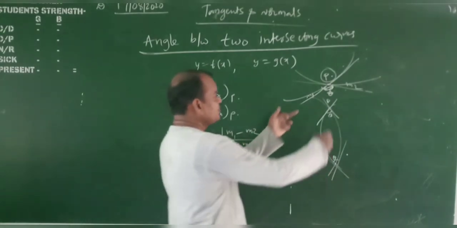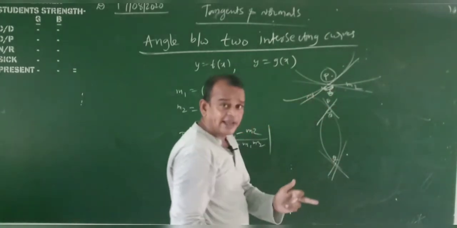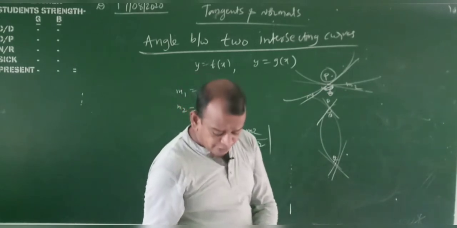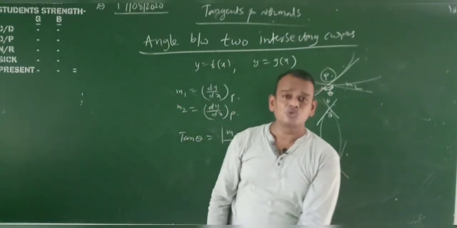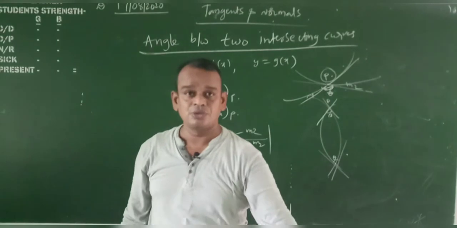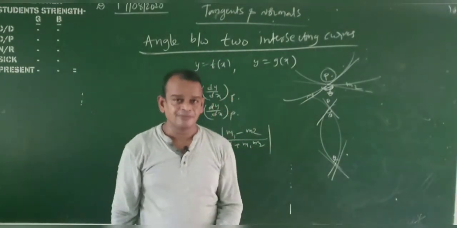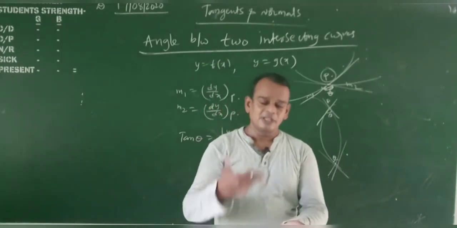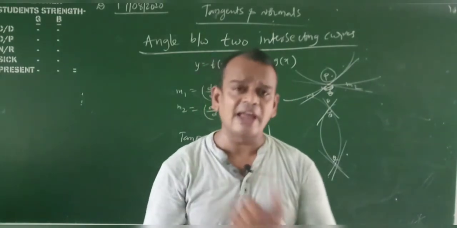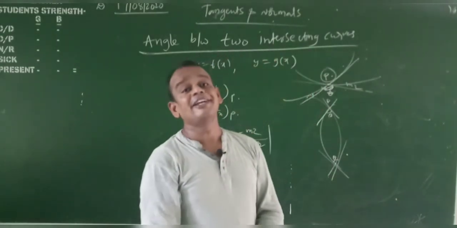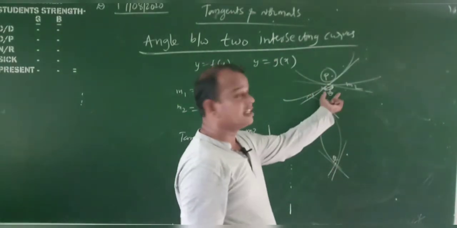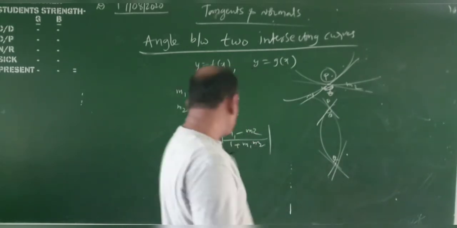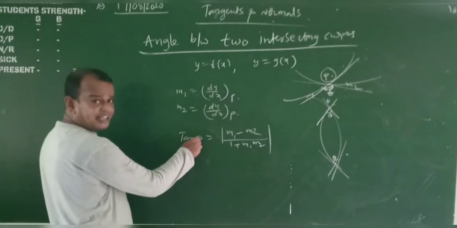Now suppose the angle between the two curves, which is nothing but the angle between the tangents, is a right angle, means 90 degrees. Whenever the angle between the two intersecting curves is 90 degrees, those two curves are orthogonal curves. Show that the curves intersect orthogonally, means the angle between the tangents must be equal to 90 degrees. Okay, my dear students, this is 90 degrees means the two curves intersect orthogonally. Orthogonally means theta is 90, tan 90 is infinity, 1 by 0.